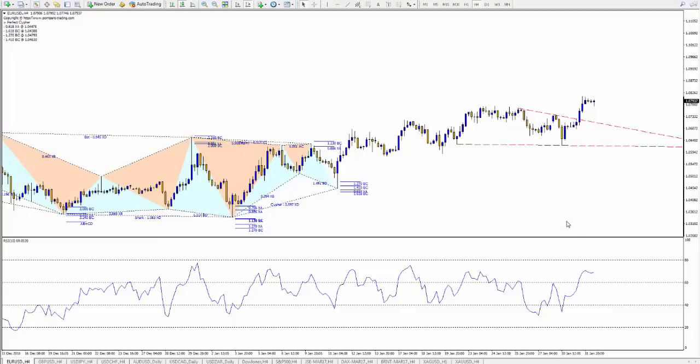Now today we've got news coming out from the US that are quite important. The ADP non-farm employment change, plus the FOMC statement and the Fed interest rate decision that's going to be coming out. So this is going to be quite important. I think that's why the market's kind of stalling in this location here. So we're probably going to have some kind of a pullback